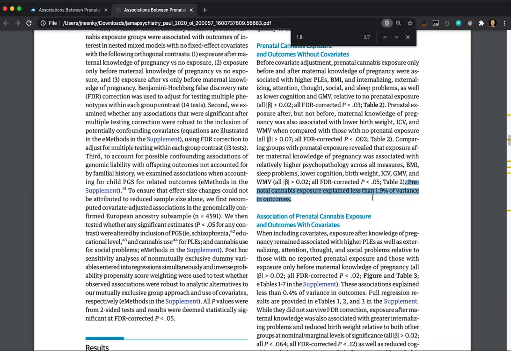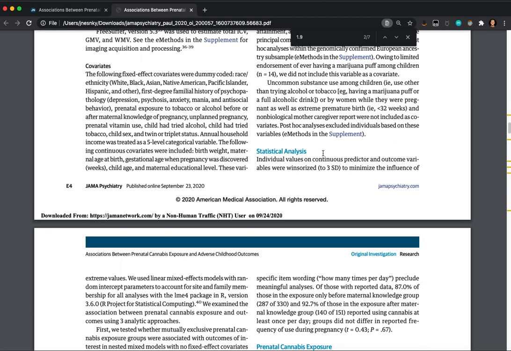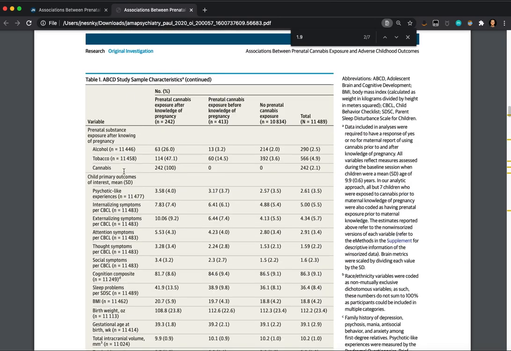So there are 98% of other factors that are not explained by the prenatal marijuana use. That could be overall values or income, diet, those kinds of things. They explain a lot more about how kids end up than whether or not their mother smoked marijuana. But all of the metrics here are statistically significant. So part of that is driven by a large sample size.